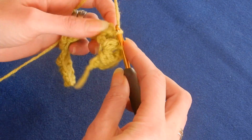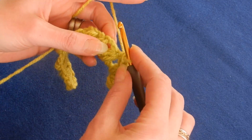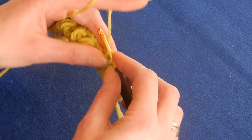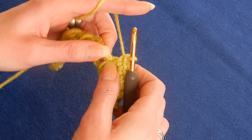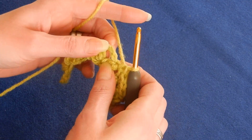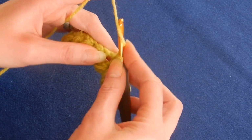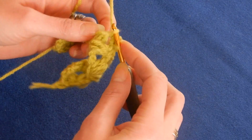In here you're gonna do a single crochet, and now you move to the space between the puffs and you do 3 single crochets. Then you're gonna place a single crochet in that space between the puffs, and again you're gonna place 3 single crochets in that 2 chain that it separated the puffs,